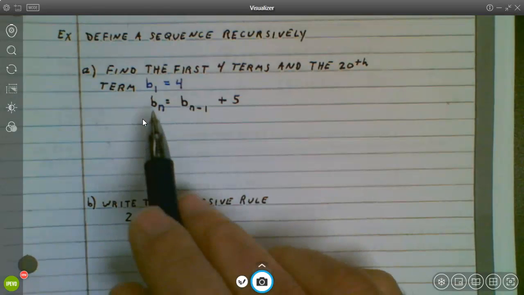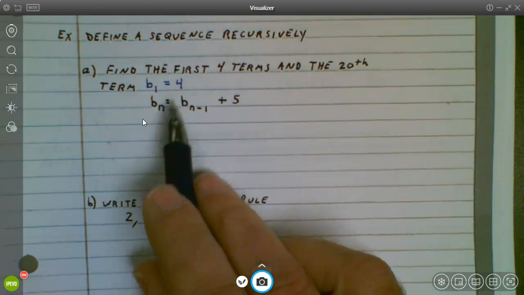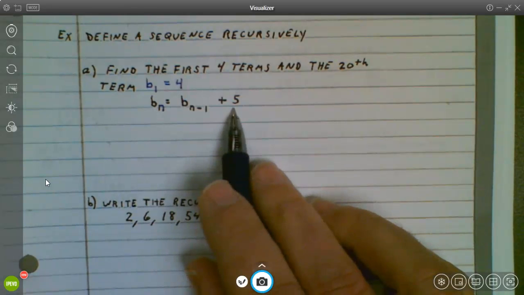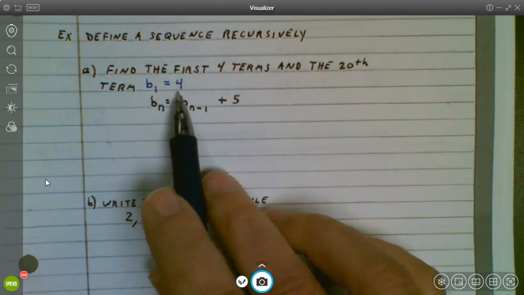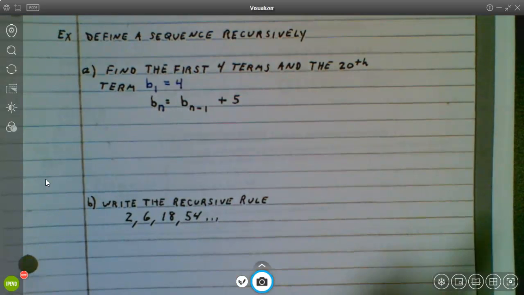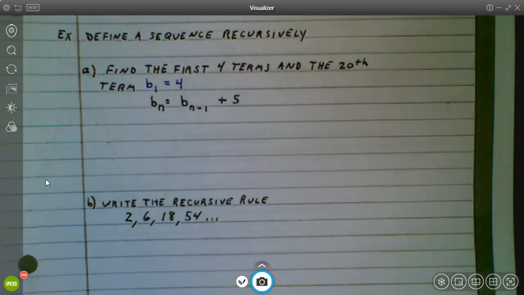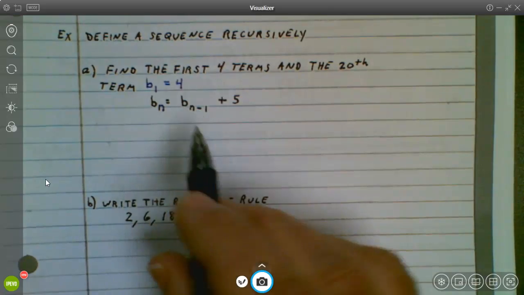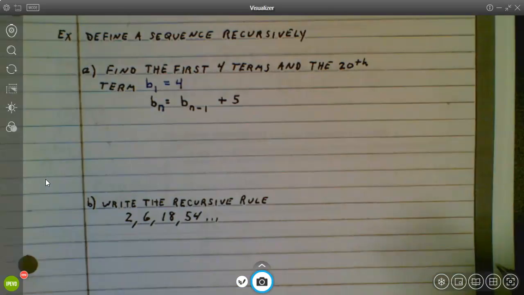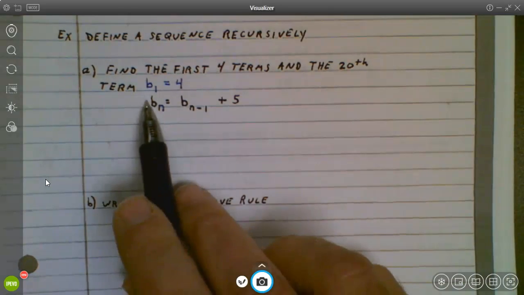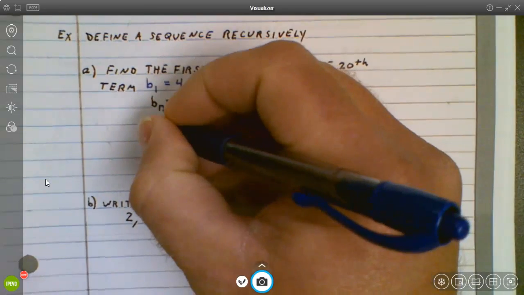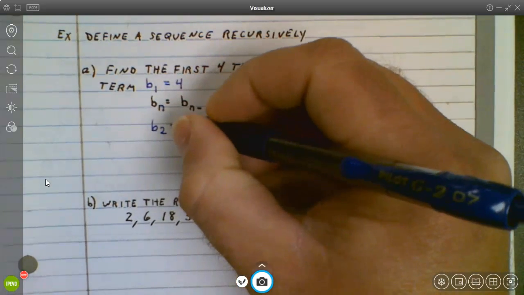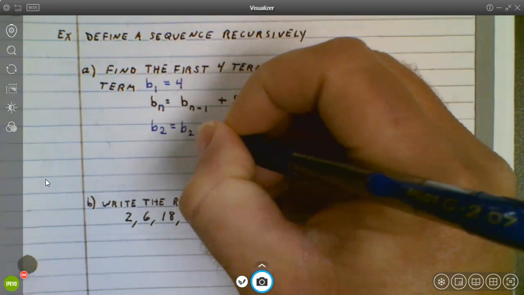So now we can say if my first term is 4, well then what's my second term? Well, it's the previous term plus 5. So if my first term was 4, then my next term, my second term, would be 9. Term after that would be 14, right? And so the reason we always interpret this as the previous term, obviously you could plug in actual term numbers for this. So if the first term is 4, I would be saying if I wanted the second term, well, then this would now read as 2 minus 1,